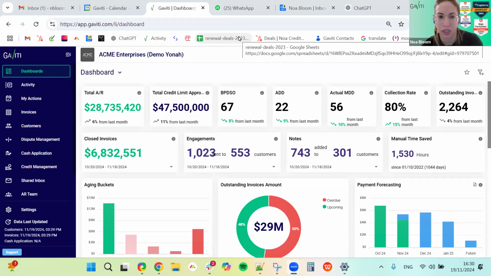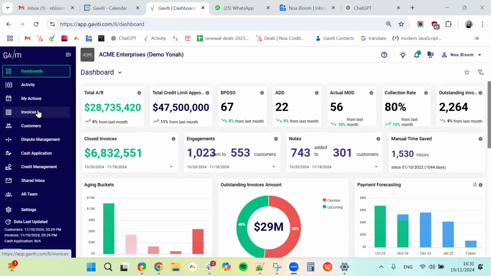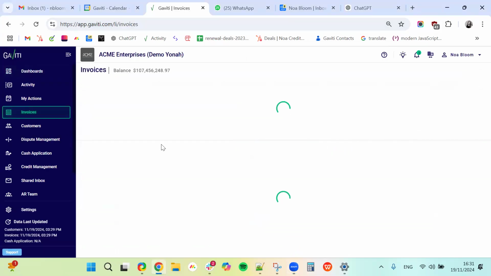Hi, in this recording, I'm going to go over the new dispute management, all the options for disputing the VT. I'm in a demo environment. And let's start. So first of all, on your invoice level,